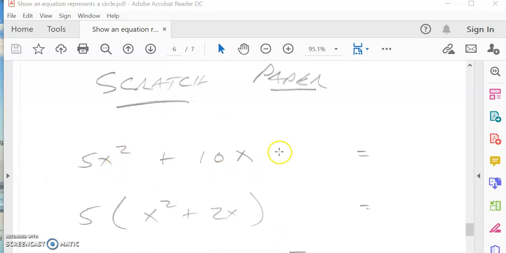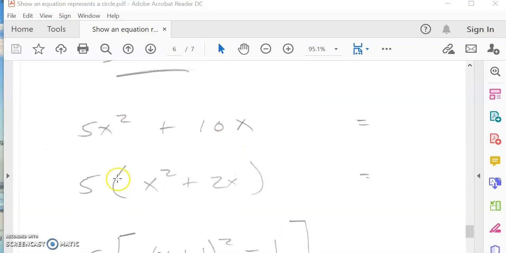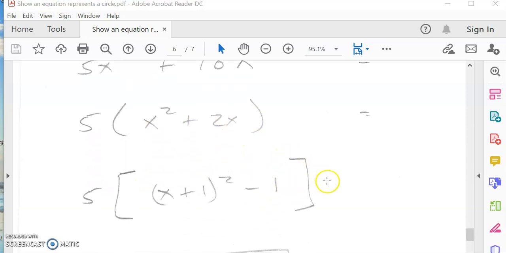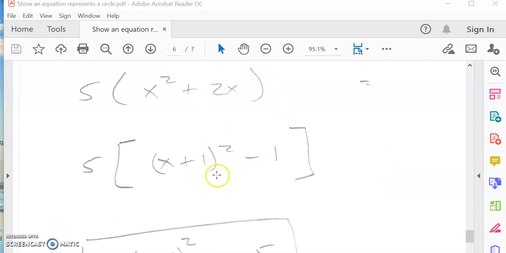Okay, so 5x squared plus 10x. I'm going to factor the 5 out. That gives me x squared plus 2x. And now the completing the square part. This is where the magic happens, okay? As I say, I got to do a separate video on this, but kind of bear with